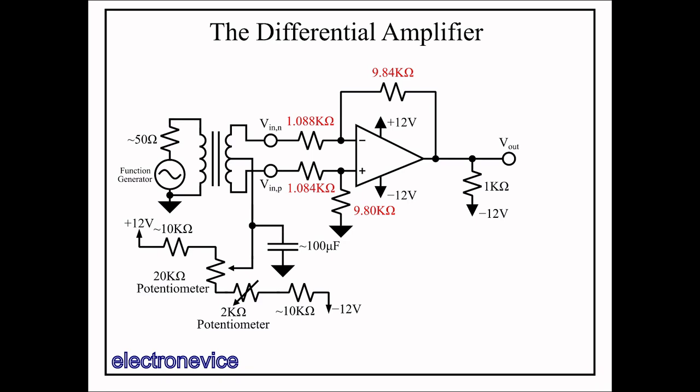Though it is worth noting that the temperature coefficient of 5% resistors is generally pretty high, so it's probably not as well balanced now as it was when I first calibrated it. The differential gain produced by this circuit is approximately 9 volts per volt. Finally, as with the inverting amplifier with offset, I've put a 1 kilo ohm resistor on the output to negative 12 volts to eliminate the kind of crossover distortion we saw in episode 2 by ensuring that the output of the amplifier is always sourcing current.